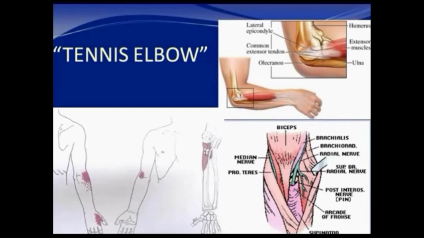But the best way to test for this trigger point is to see whether or not the muscle is really tight, and just evaluate the patient's ability to pronate their wrist while the examiner holds the elbow still. If this supinator is tight, pronation is significantly restricted. And again, there's a twig of the radial nerve that comes right through here, through that supinator muscle, and innervates